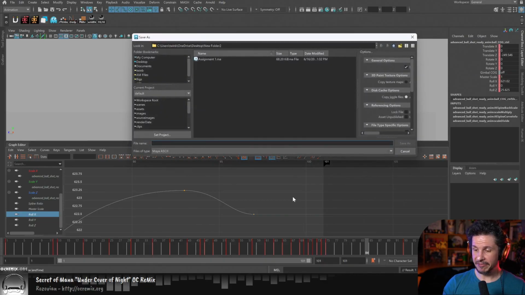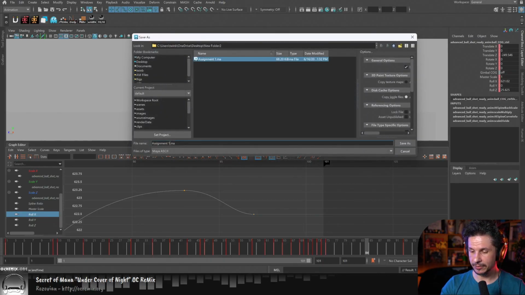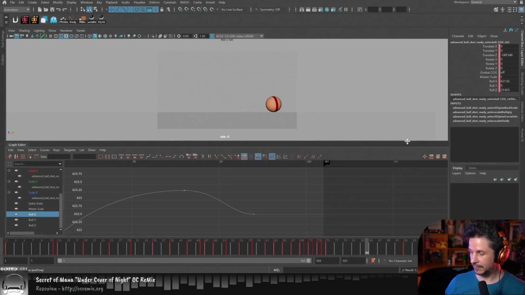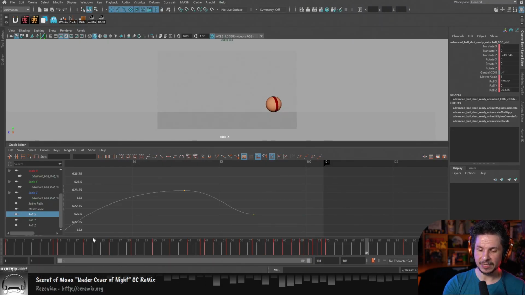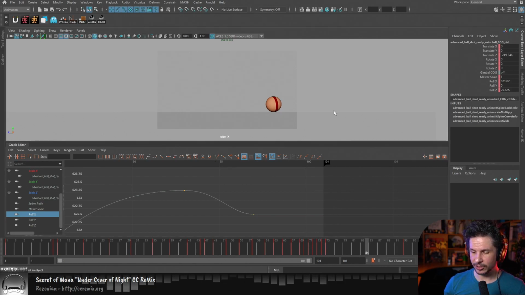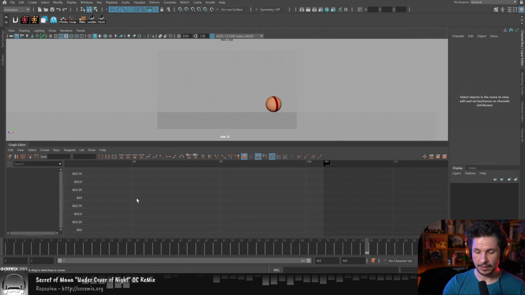So let's save this. Assignment 2. Complete. There we go. When a ball bounces, something of a good polish note to look for in your shot